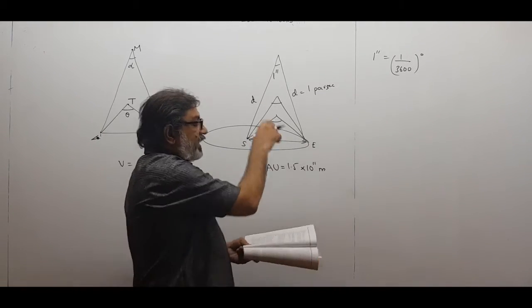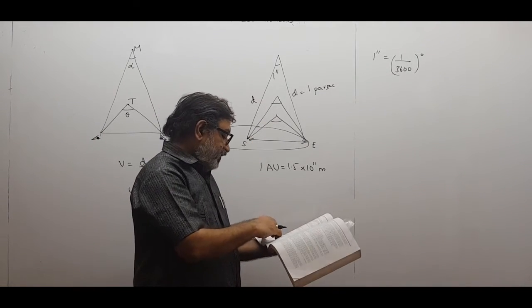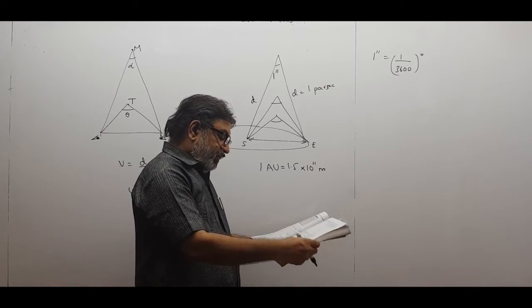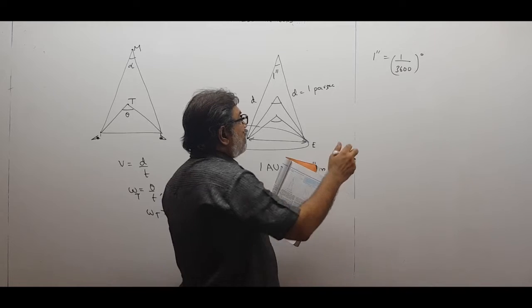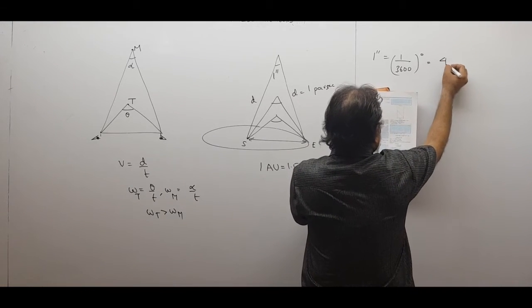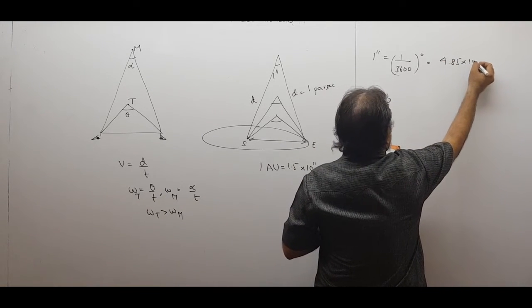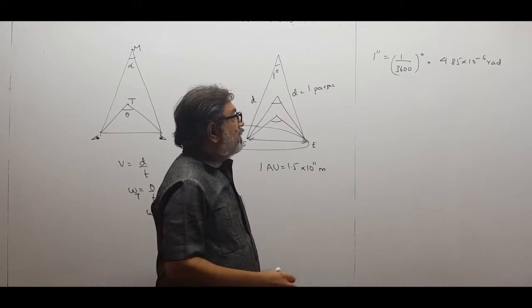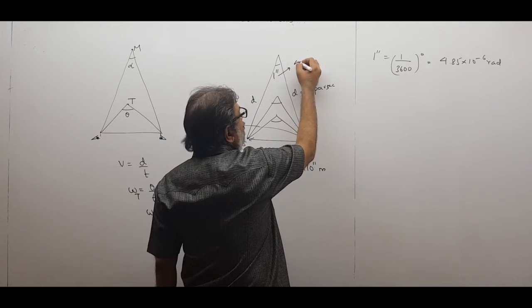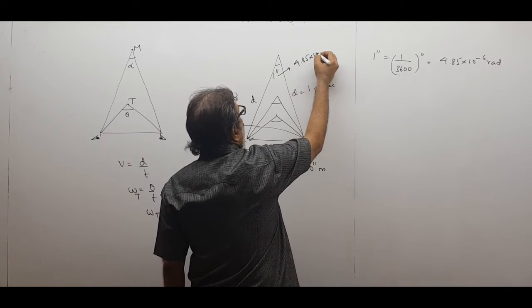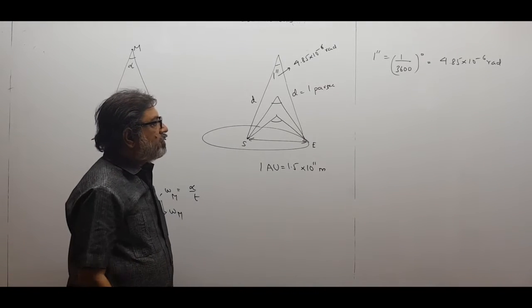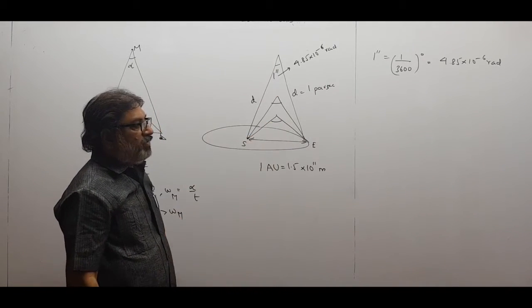And it is 1 second, and children, it is given to us when you are studying this chapter. I will derive for you how much is 1 second in radian, so we can take it directly. And 1 second is 4.85 into 10 raised to minus 6 radian. Please understand. That means this angle of 1 second should be 4.85 into 10 raised to minus 6 radian. This is the point. So what should be this one distance?